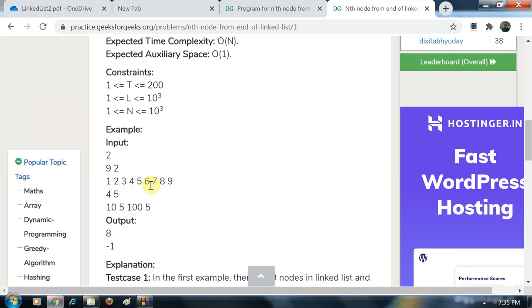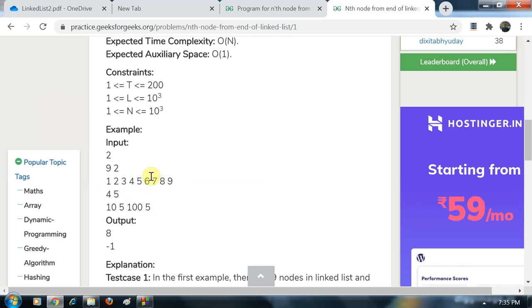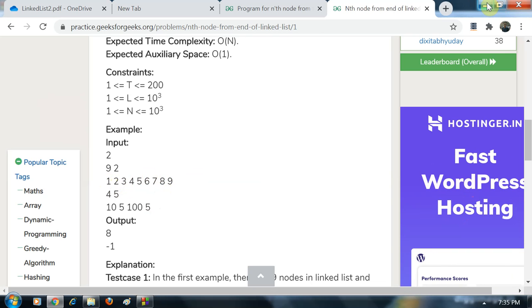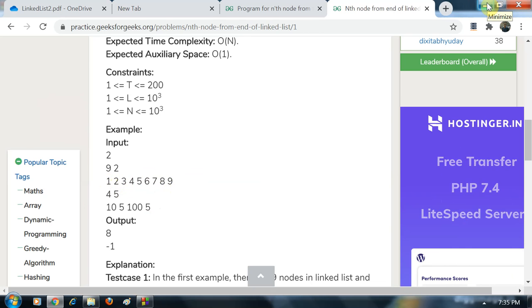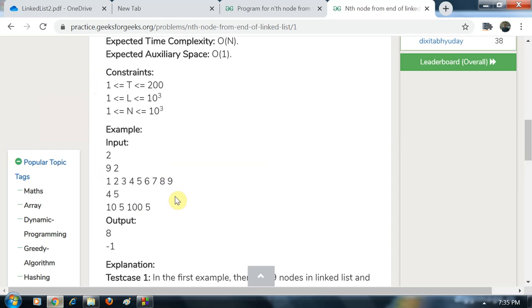So do I need to calculate the length or not? No, I don't need to calculate the length. How? Look, I have assigned head to P and a null pointer to Q. Now I have created a loop while P is not equal to null pointer and position is not equal to 0. Look at this example and understand from this.